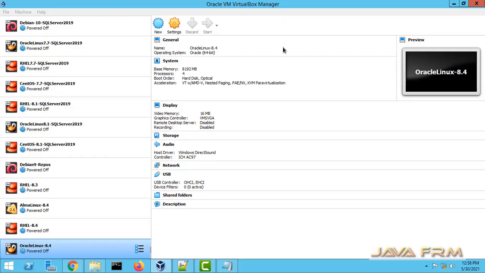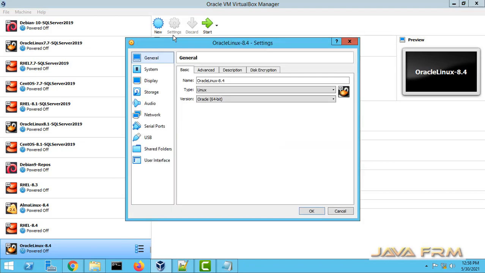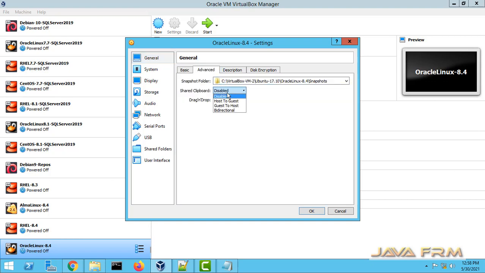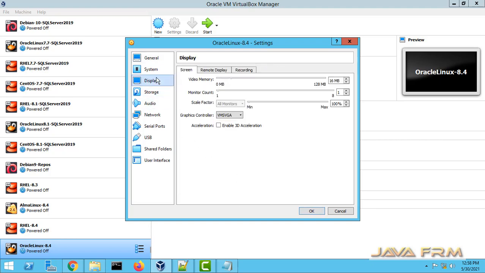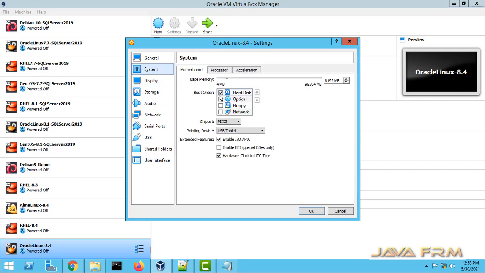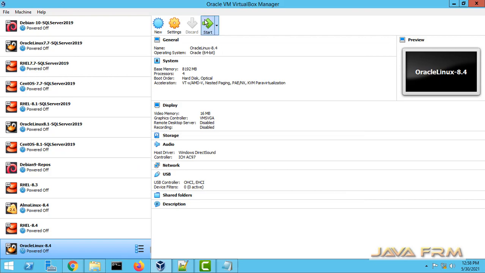Actually, instead of rebooting, I am powering off the virtual machine, because I am going to make some changes in settings. In general, I am going to enable shared clipboard and drag and drop, and in boot order I am going to select hard disk as the first one to get booted.